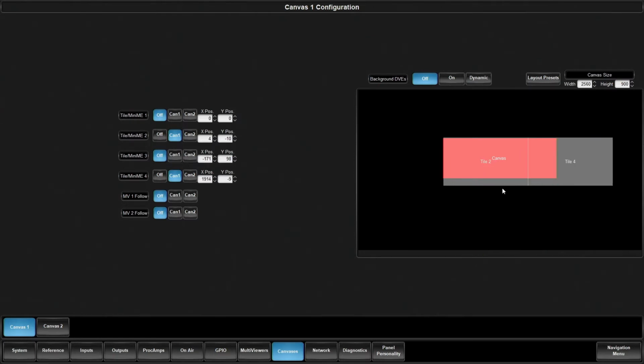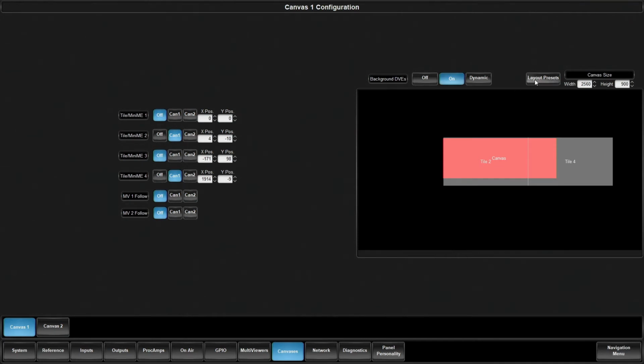You would have a whole bunch of space based on how you've defined the LED and where it's taking the pixels. Now, for ease of use, what we found is, one, I want background DVEs. They can also be dynamic. By doing background DVEs, this will lock 2 DVEs to my canvas so that my background will always scale and I don't have to worry about not having access and it going into tiling mode.